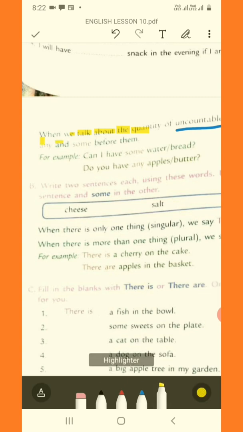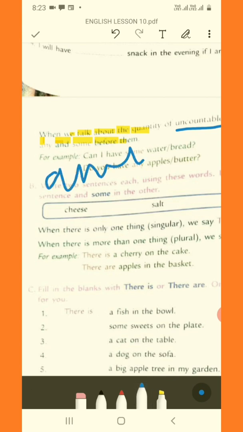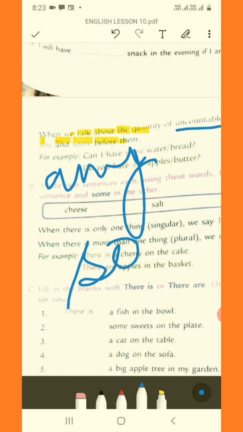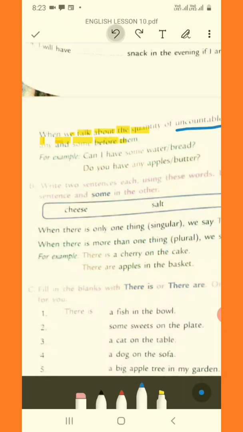Any, we use any and some before them. When we talk about quantity of uncountable nouns, we use two words: any or some before them. An example is being given here, like, can I have some water or bread? Then, do you have